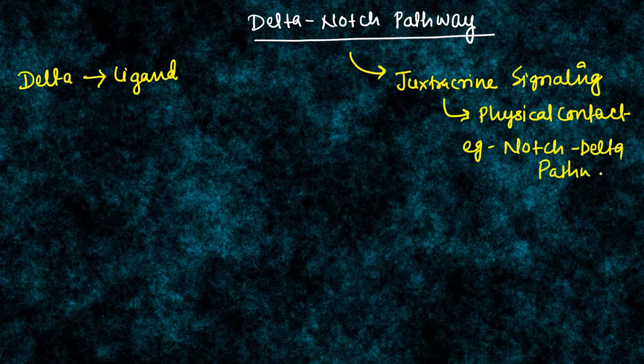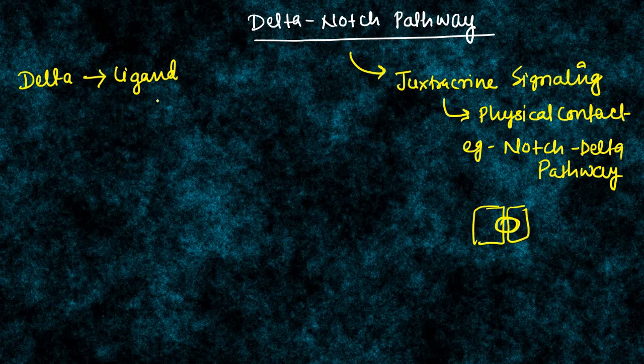Notch delta pathway. See, this is one cell and this is the second cell. They are going to make direct physical contact with each other, and then proceed with the signaling pathway. This is what is called the juxtacrine signaling pathway, in which there is direct contact between two cells, and one example is the delta notch pathway. We mostly see this kind of pathway in development. Whenever an organism is going through development, there is involvement of different organogenesis, like the kidney forming and the heart forming. During that time there is involvement of the notch delta pathway.